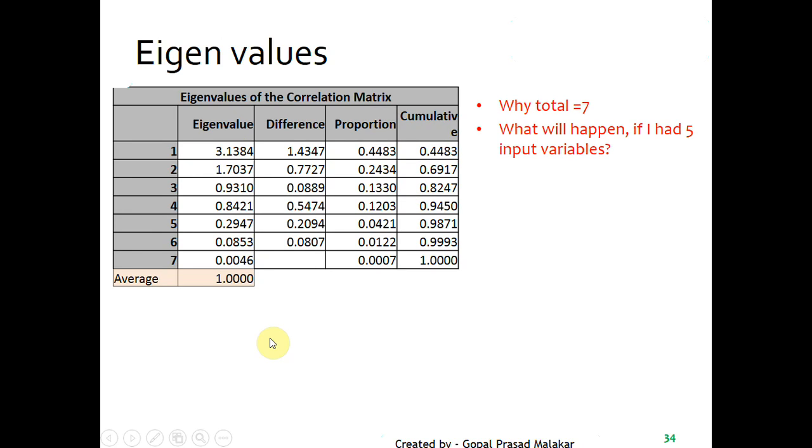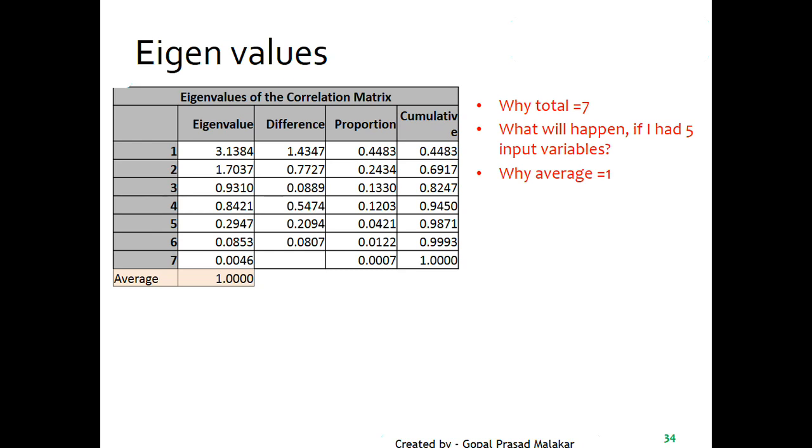Now if you had 5 variables, how many would you have got here? You would have got 5, because as many eigenvectors, as many principal components, as many input variables. And why is this average coming as 1? Because SAS is intrinsically taking the standardized variable. The moment you standardize any variable, the variance is 1.